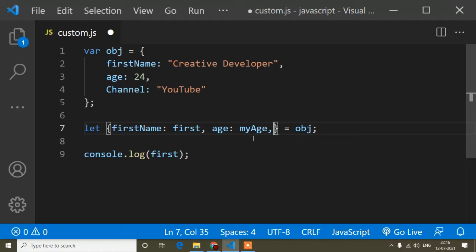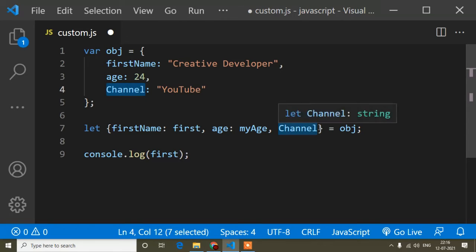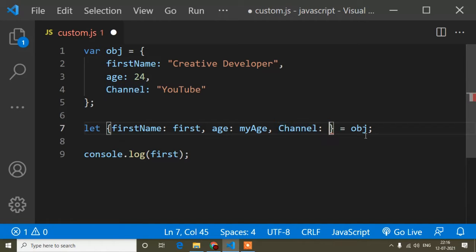Comma, and I create the instance, or variable, for channel. The channel name has to be written similarly, but here I create a variable for it. So the channel instance is my channel.